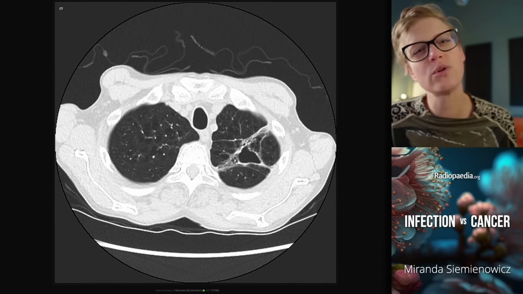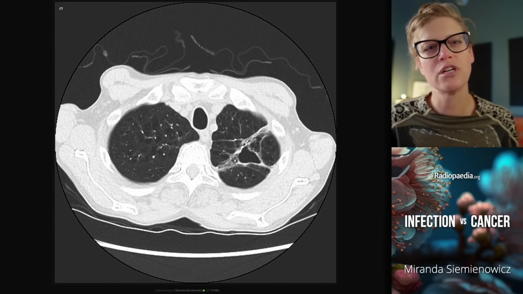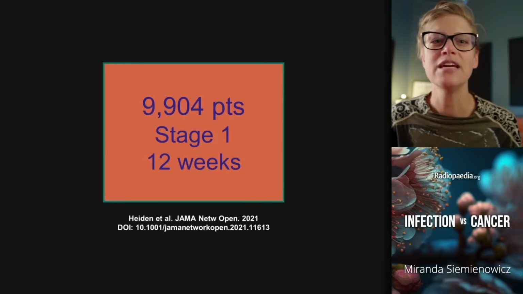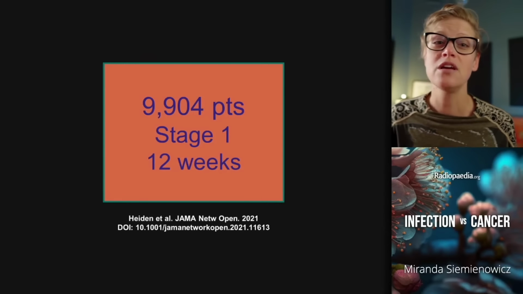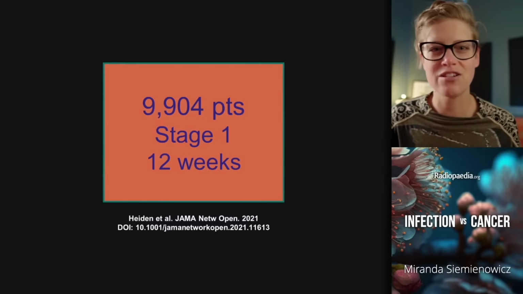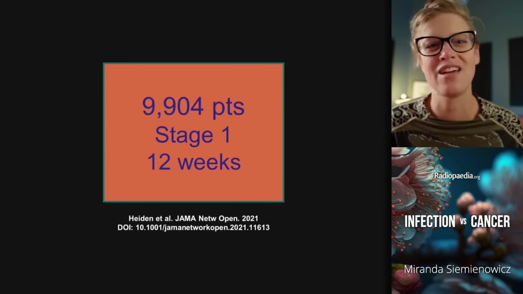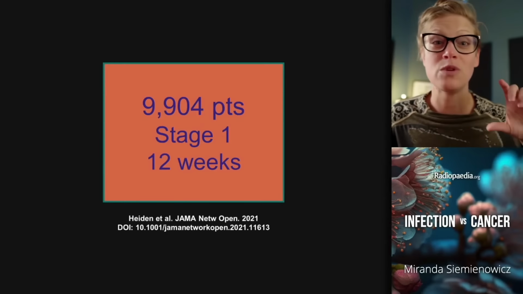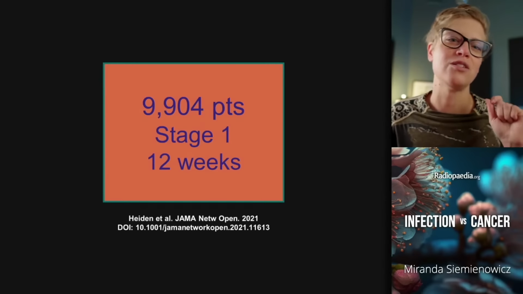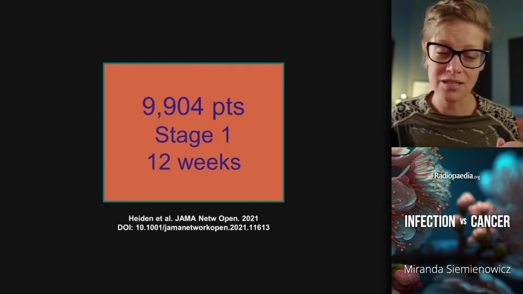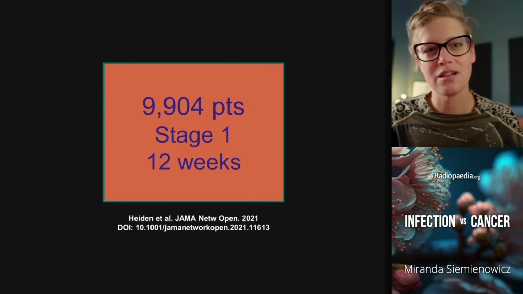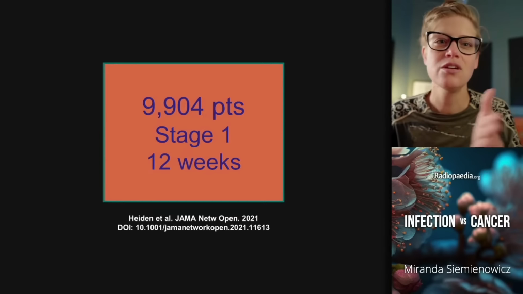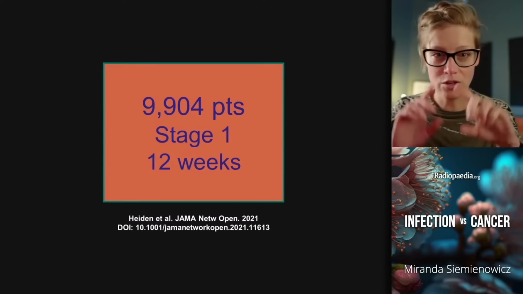So this is a very important question, and there's been a lot of work in the literature that feeds into the answer to this. And the study that I want to talk about today is this paper from 2021 that looked at 9,904 patients. That's almost 10,000 people with stage 1 lung cancer. What does that mean? That means a tumor that's up to 4 centimeters in size with no nodal or metastatic disease. And it looked at those who had a time to operation of 12 weeks, which means the time from the CT that showed the lesion to being on the operating table of no more than 12 weeks,